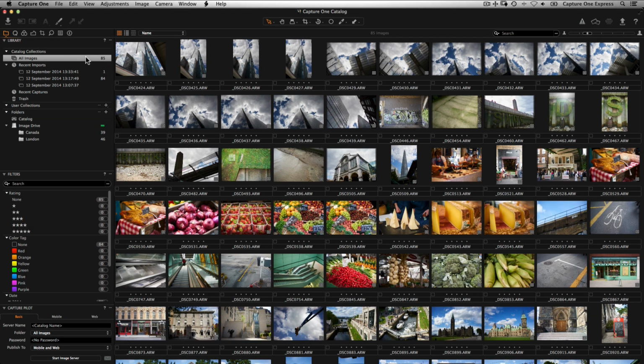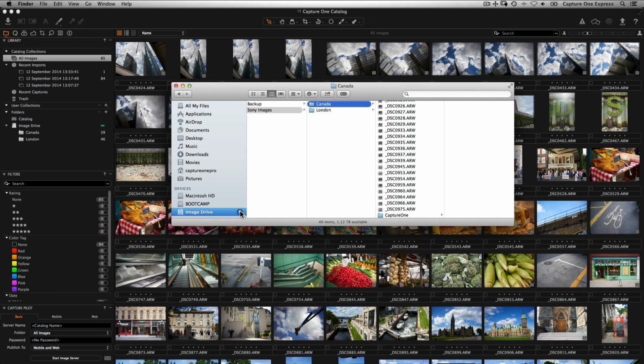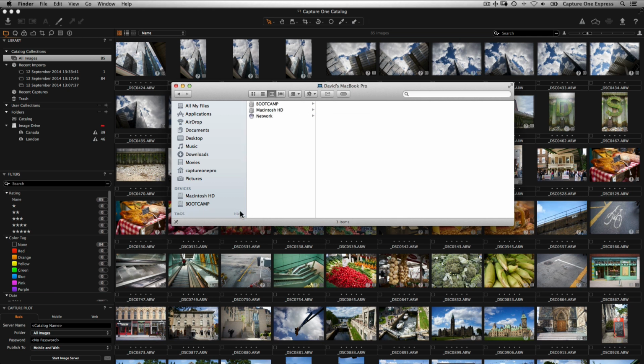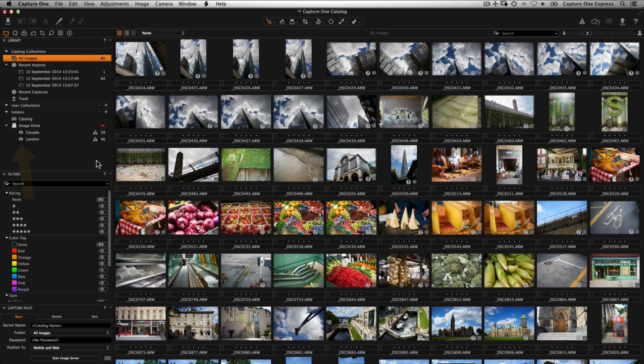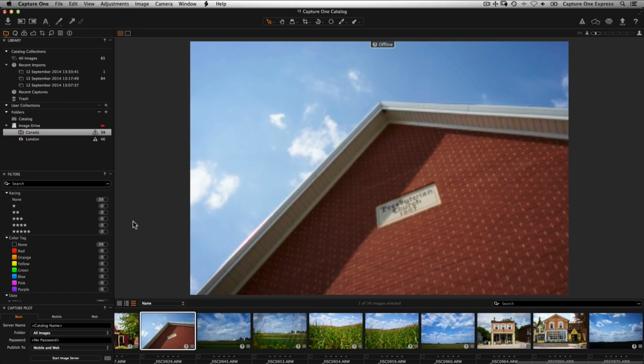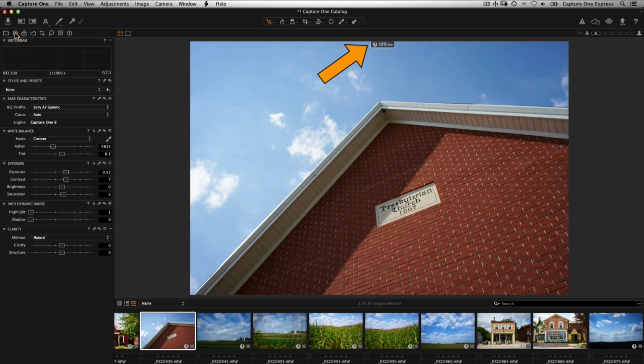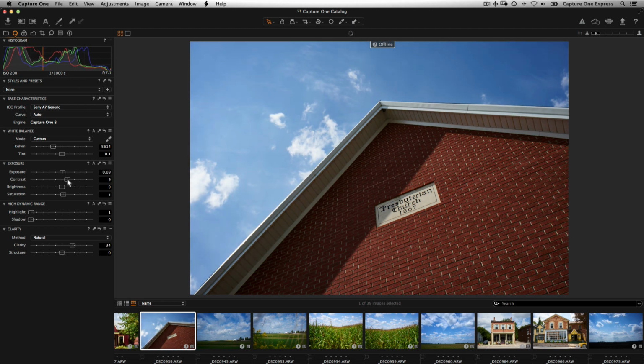The smart previews that Capture One created earlier are of high enough quality to be worked on offline. For example, if the external hard drive that contains these folders is ejected, they are still visible and can be worked on in the catalogue. Offline folders are marked with a question mark icon, and similarly, offline images are marked the same and also with the text offline. However, it is still possible to browse the folders and make adjustments on the images, but the images cannot be exported.